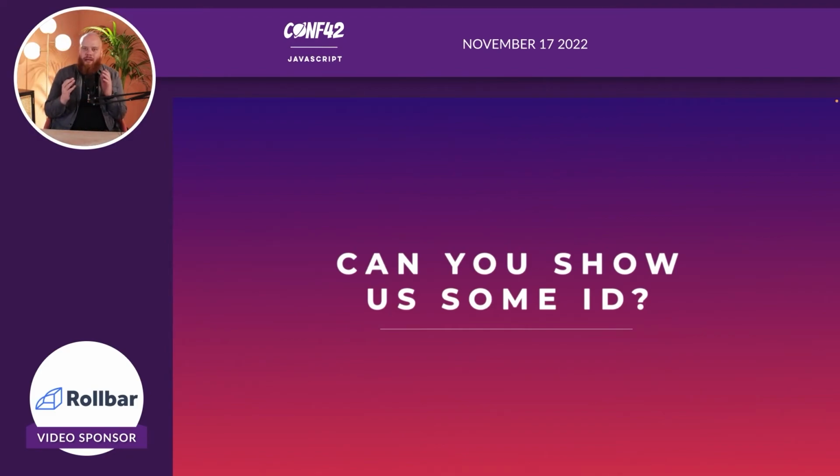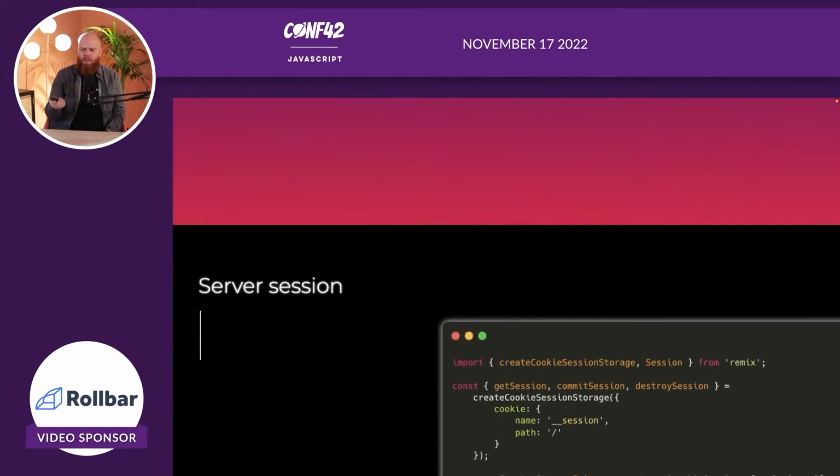I didn't want my user to have to do a full sign up because no, I just want to do some Scrum poker. And who is Dave and why does he want my data? And I don't actually need it. A username is nice to show who is who, but you can fill in whatever you want. And besides that, I just need some basic information like a unique ID. So what do we have on the web that is accessible on the server, where we have our mutation logic and our data loading logic? And how can we make it only known basically to you as a user and not to anyone else?